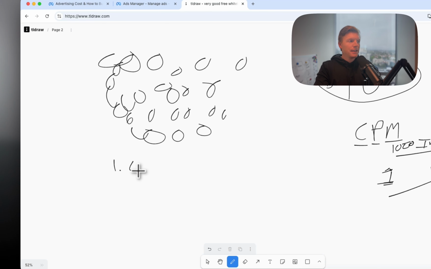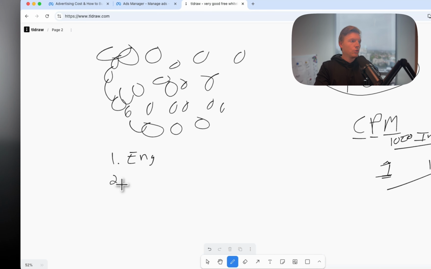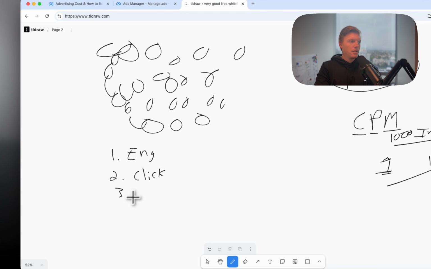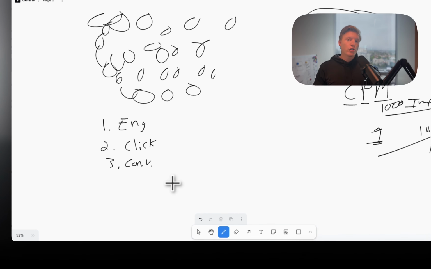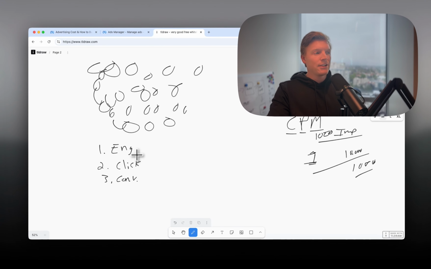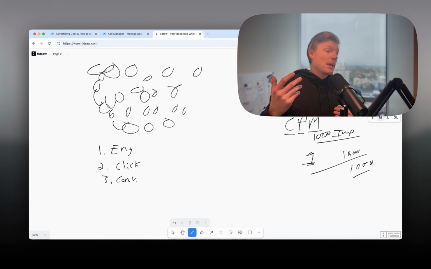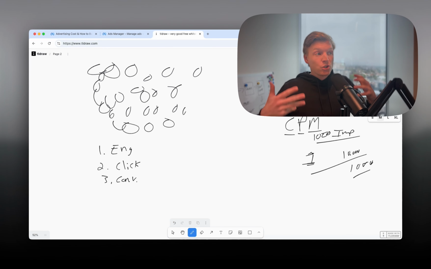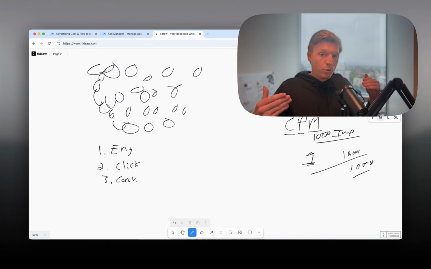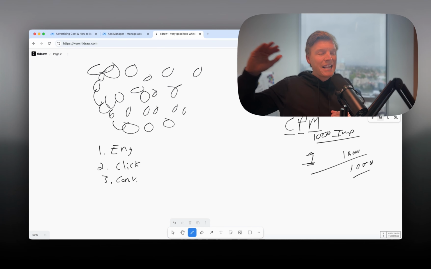One is an engager, two is a clicker, and three is a converter. A converter is someone who converts. So what is an engager? Engagers are people that engage with stuff. They comment, they have a history on the platform of engaging with content, but they don't usually have a history of leaving.